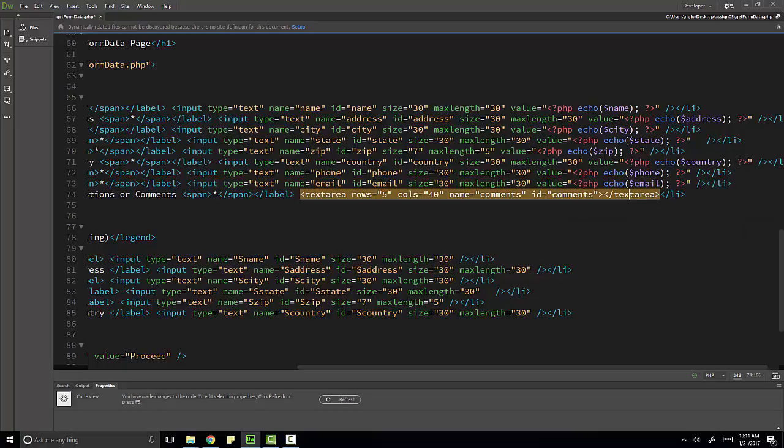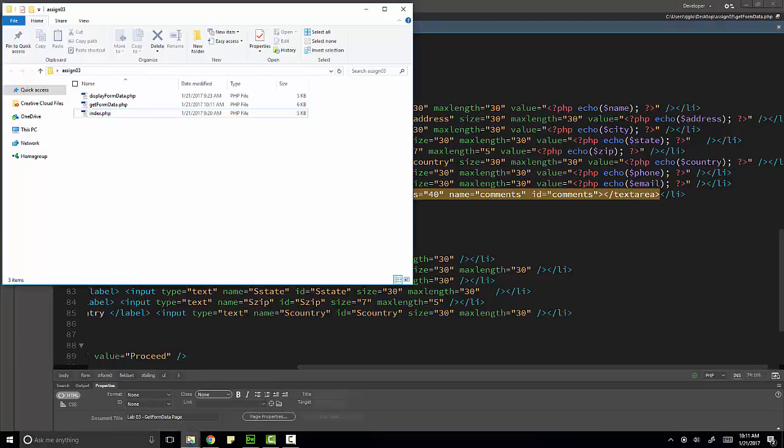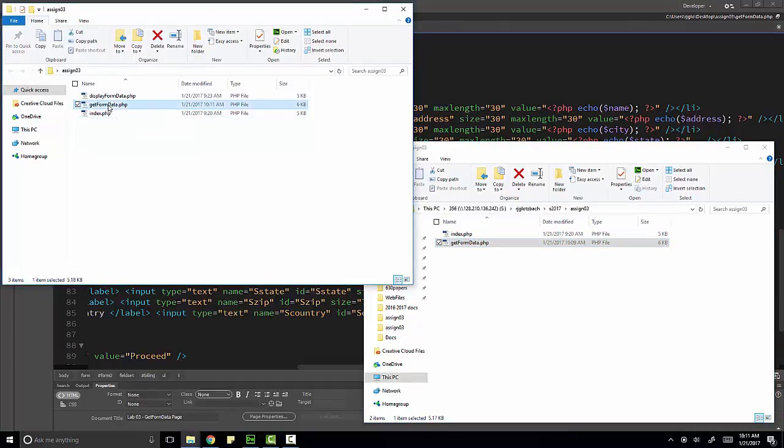So now we've got each of those individual variables down through there. And so now if I push this back up to the server once again,